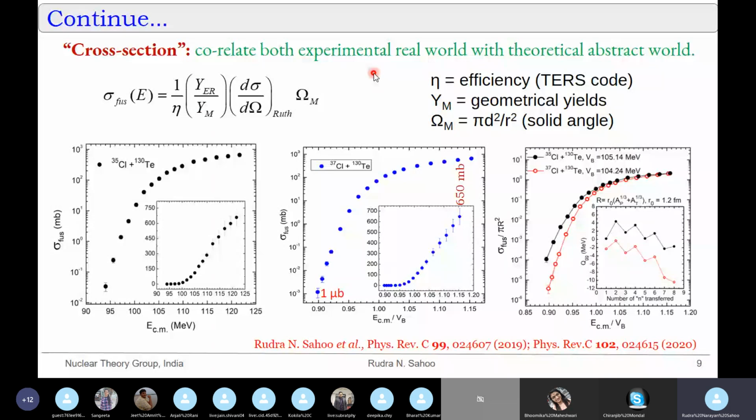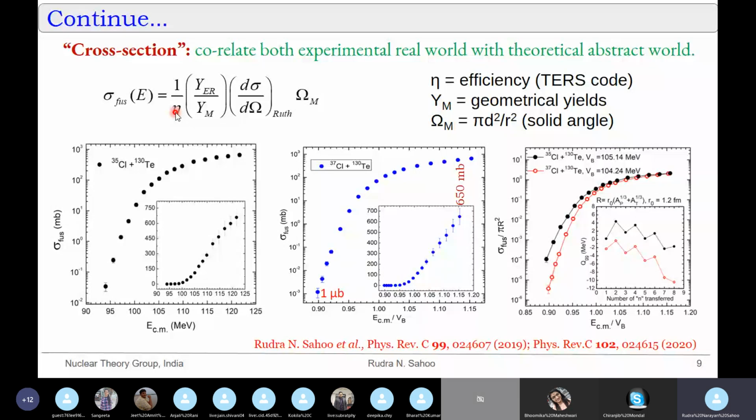Earlier I also told this, and this is actually the formula to calculate the experimental fusion cross section. This formula we can actually derive from the fundamental principle of the cross section calculation. And here this is the fusion cross section, and this is our efficiency. What is efficiency? Since we are transferring the evaporation residue from the target chamber to the focal plane,